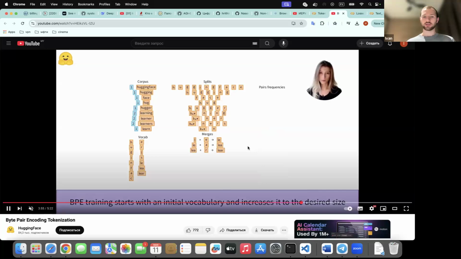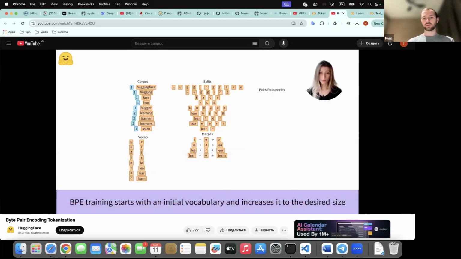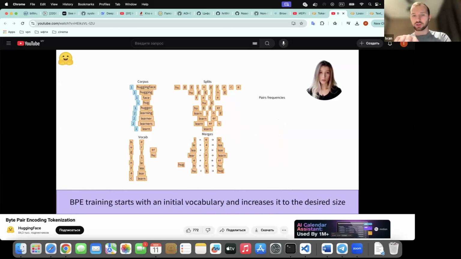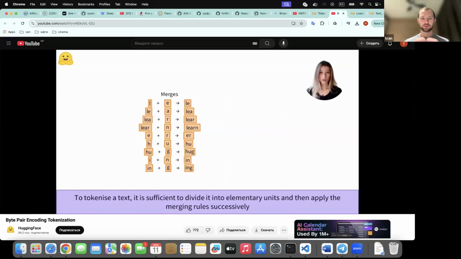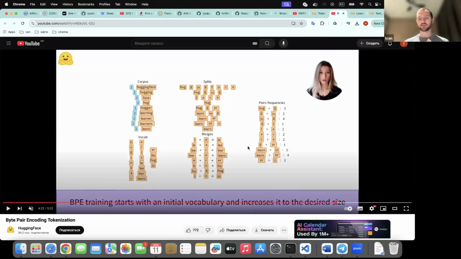So as you can see, we can just count, then merge our tokens, add to the vocabulary, and replace in our splits. And as you can see, we produce our splits from each separate letter to some tokens, to some lexemes, to n-grams, but really sensible n-grams. And it's understandable better because in this process,